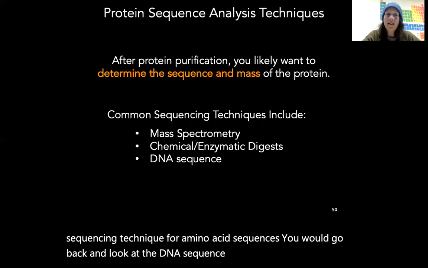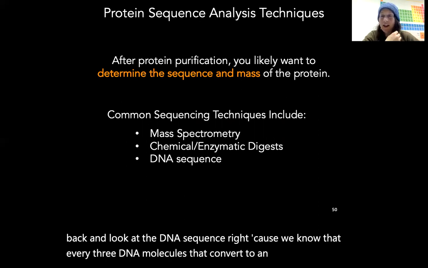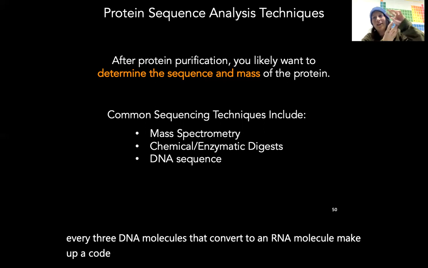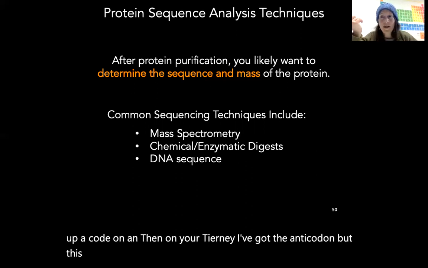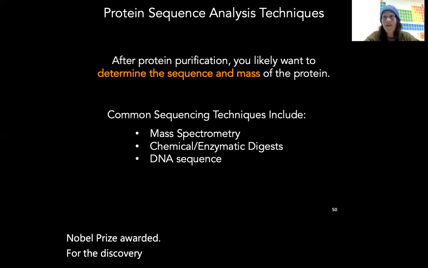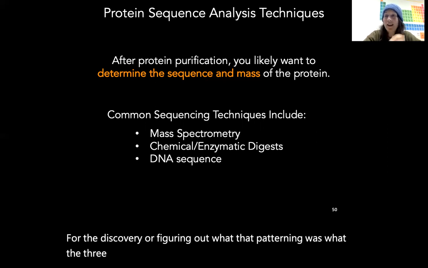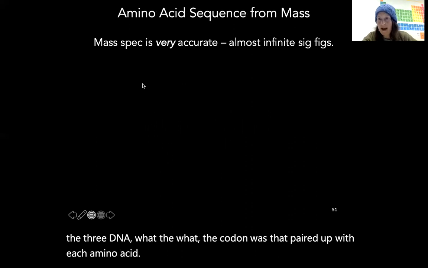Because we know that every 3 DNA nucleotides that convert to an RNA molecule make up a codon, and then on your tRNA, you've got the anticodon, but you know, this codon corresponds to an amino acid. Okay, that was the Nobel Prize awarded for figuring out what that patterning was, what the 3 DNA, what the codon was that paired up with each amino acid. So first we'll start with the mass spec